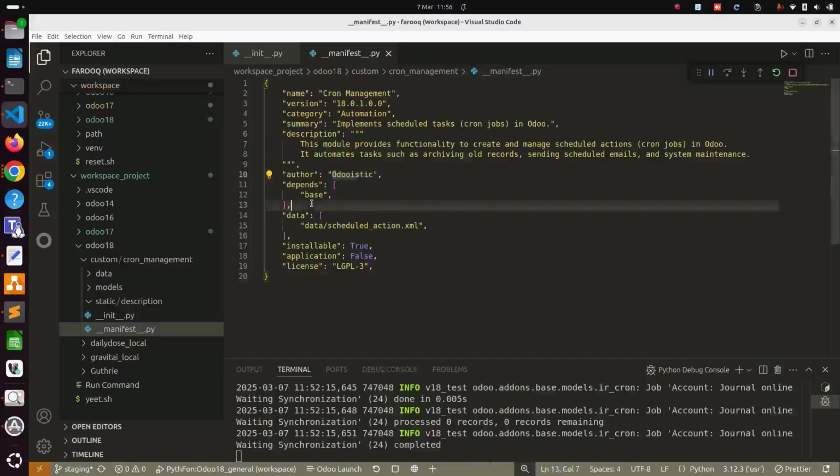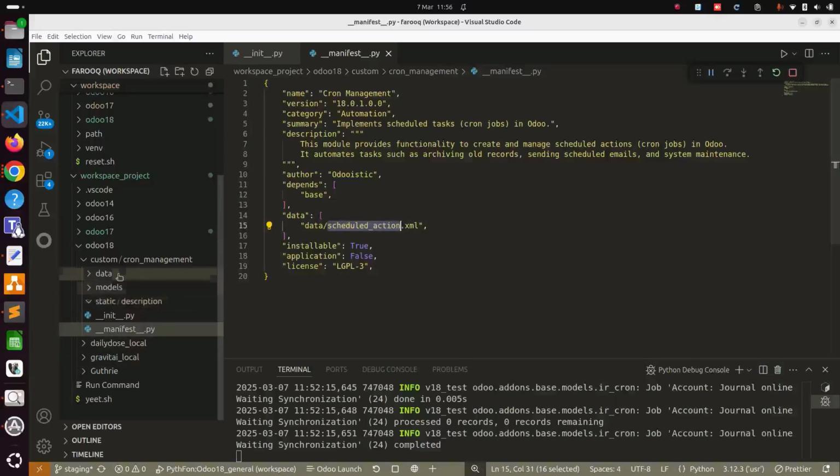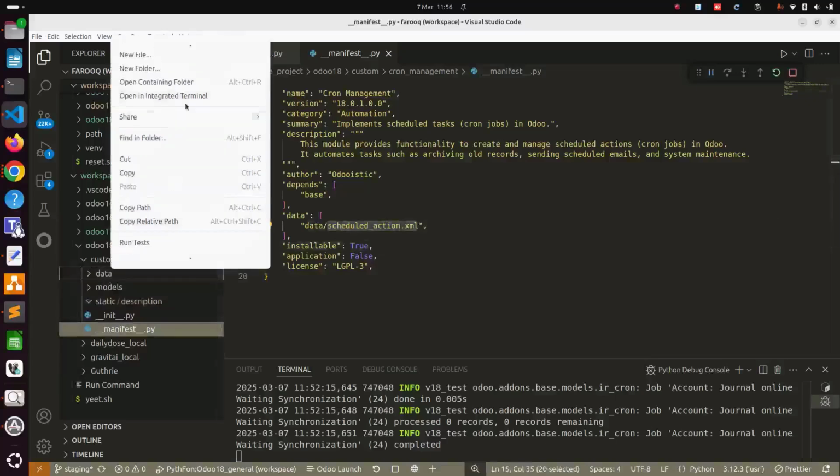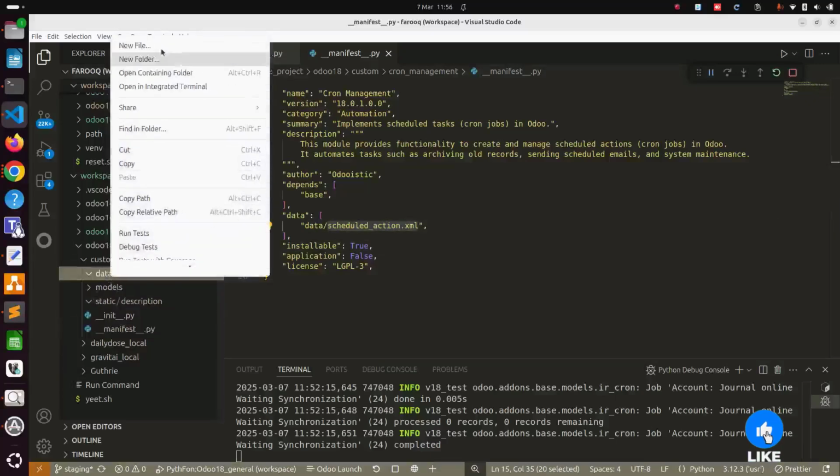Then depends. So here in depends, I have added the base, which lists the required modules for this module to function. So I've just added the base, which is a core dependency required by most Odoo modules. And then data. In data, we list the data files, XML, CSV that Odoo needs to load. In our case, there is only one file we will be creating in the data folder, and that will be scheduled actions.xml. So what I do, let's create a file